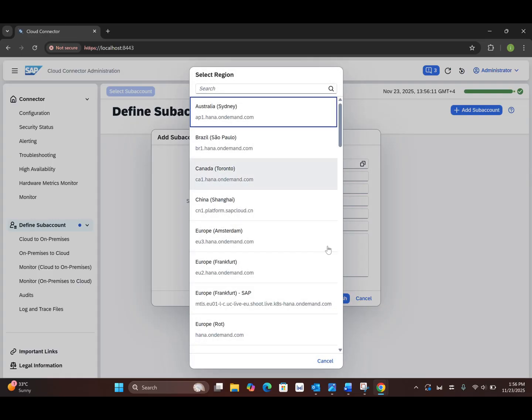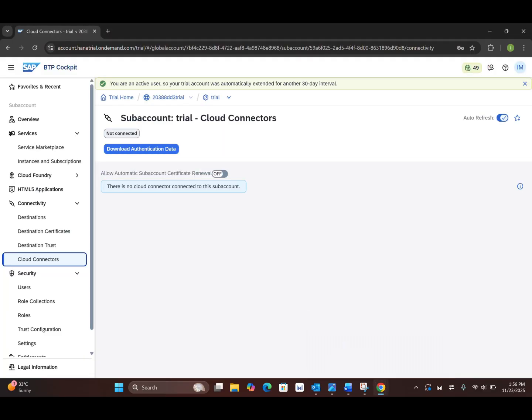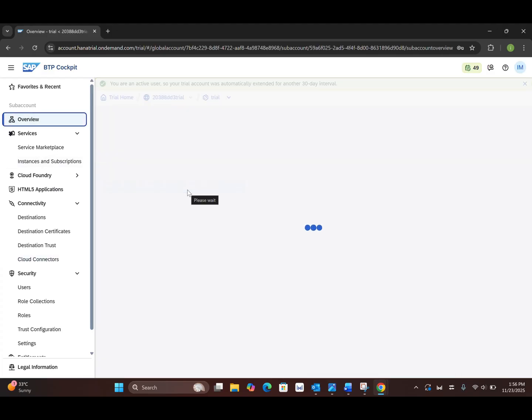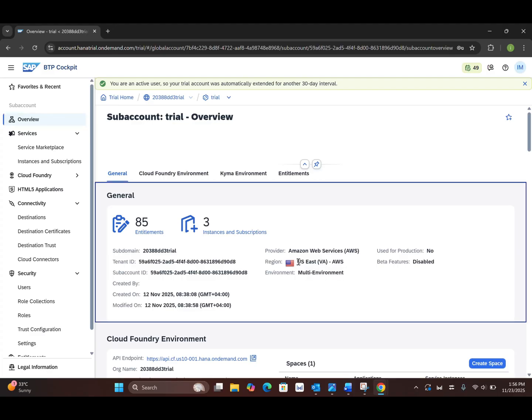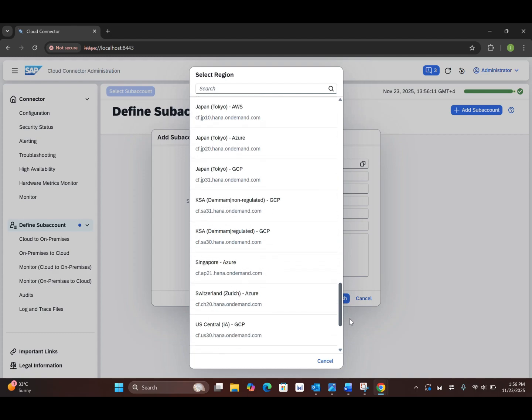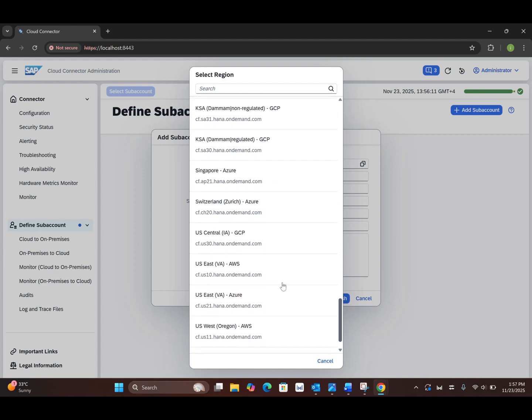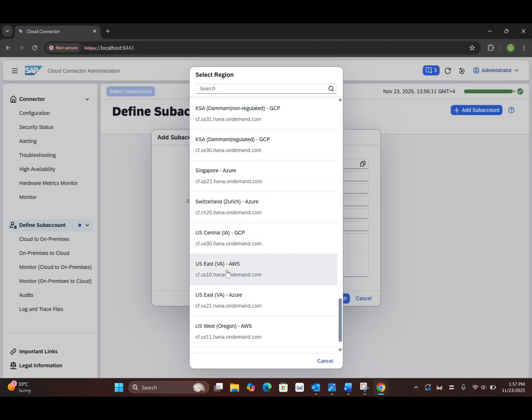Here you have to choose the region. The region should be same as the BTP region. Go to BTP, and here you can see the region of the Cloud Connector, that is US East VA AWS. So same region you have to select here. US East VA AWS,